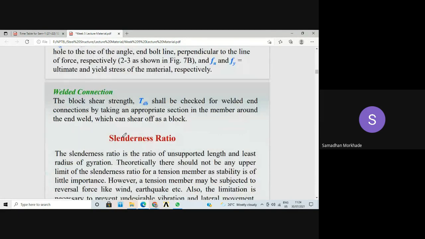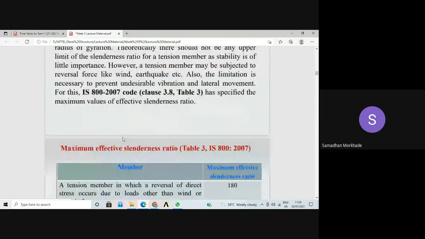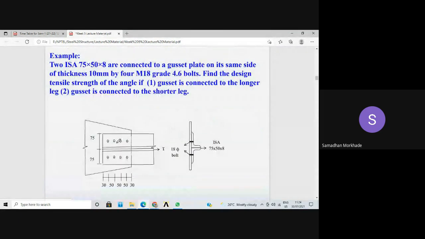Now, then welded connections with the ratio. And yesterday we discussed this example also. So these are the connections to ISA 75 by 50 by 8 with bolted connections. This will be your shear line. The shear line stops at the center of the first bolt, and when the shear line stops in a weaker plane, a tension line generates. This is the tension line. This block is going to fail. This entire block comes out from your parent angle section, and that is why it is called block shear failure.